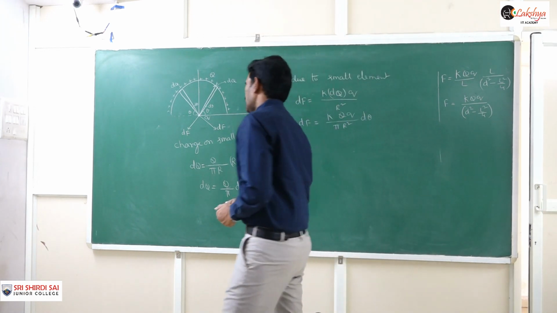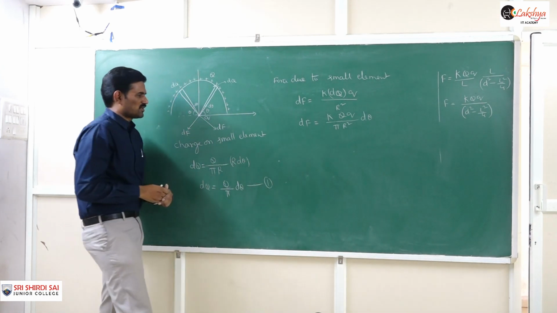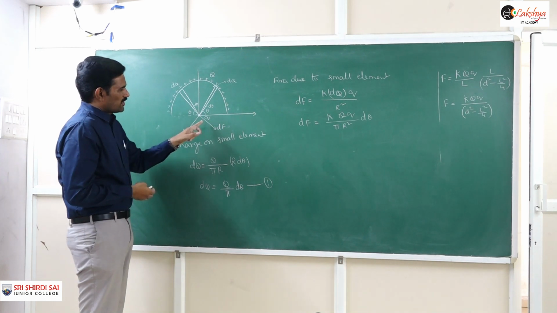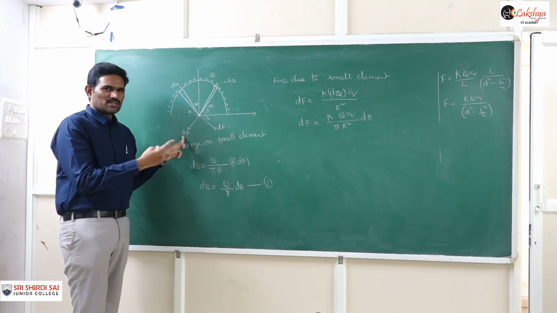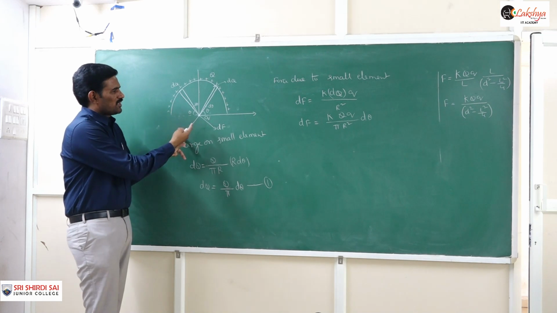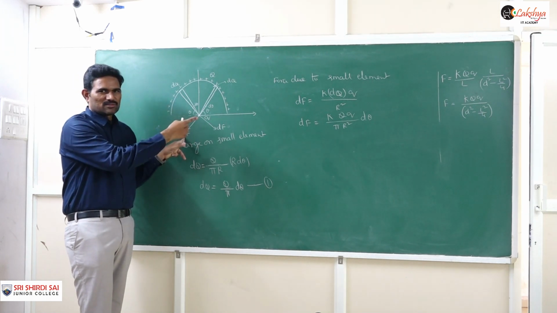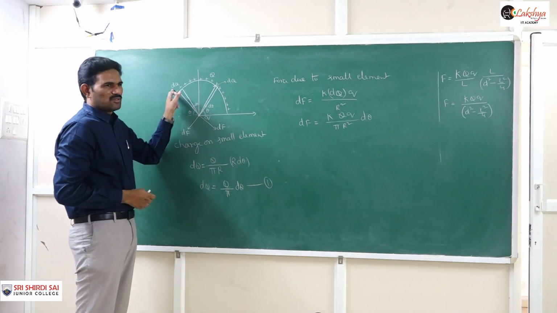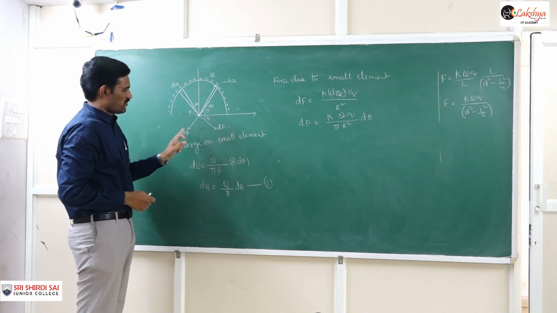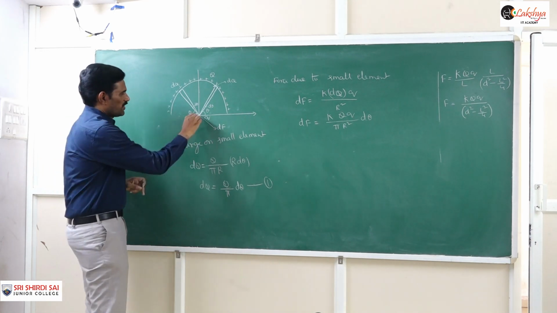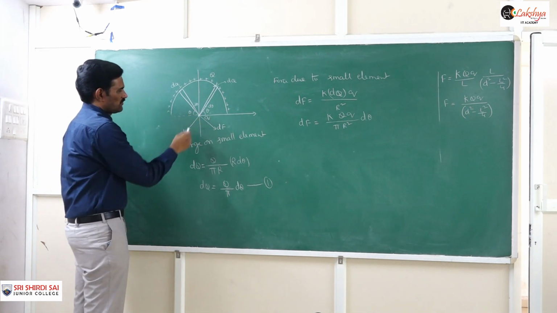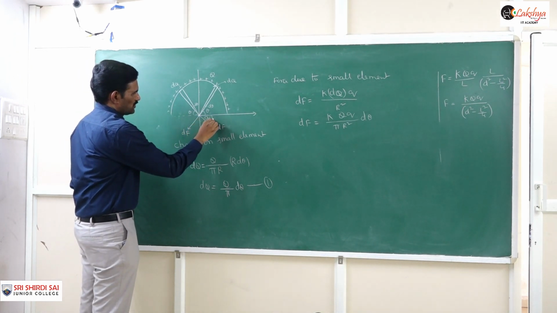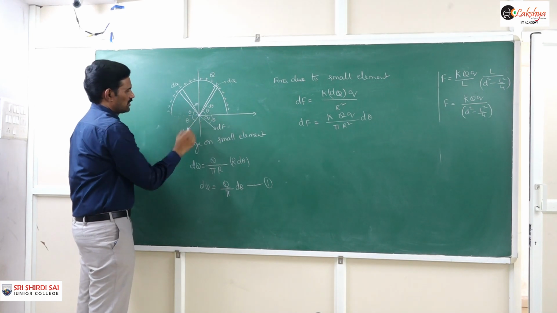So now here, when the different elements are exerting the force in different directions, either you can resolve this dF into components and integrate, or, if the body is a symmetrical object like this, you can take an identical element here. So if I am taking an identical element here, now we are getting the force like this. If I am resolving this into components, and this angle is theta, then this angle will be theta with the horizontal. So this angle is theta and similarly this angle will be theta.